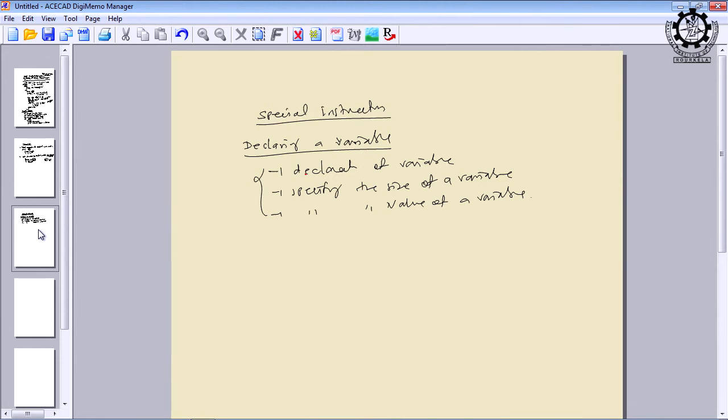Declaring a variable consists of three things. Number one, the declaration of the variable, for which there must be an associated syntax and semantics. Number two, you have to define the size of the variable. As I told you, the 8086 microprocessor is a very deterministic system.